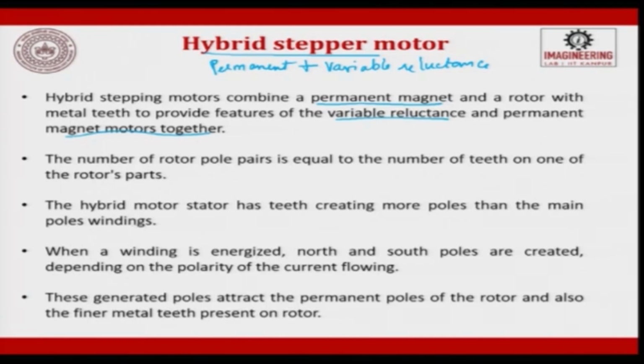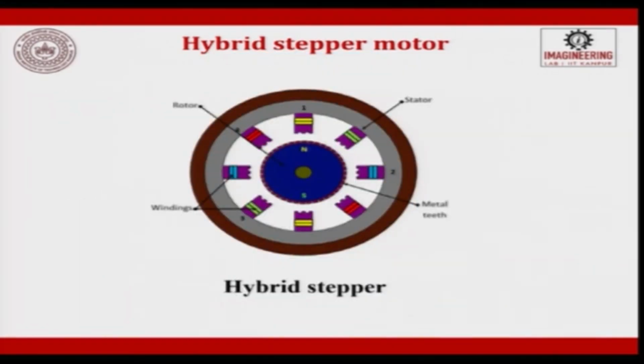When the winding is energized, north and south poles are created depending on the polarity of the current flow. These generated poles attract the permanent magnet poles of the rotor and also the finer metal teeth present on the rotor. So, this is what it looks like in a hybrid stepper motor. You will have a mix of permanent and variable reluctance. You can see the windings here, and you will have a rotor which has north and south. We will have metal teeth which give the combination of both,